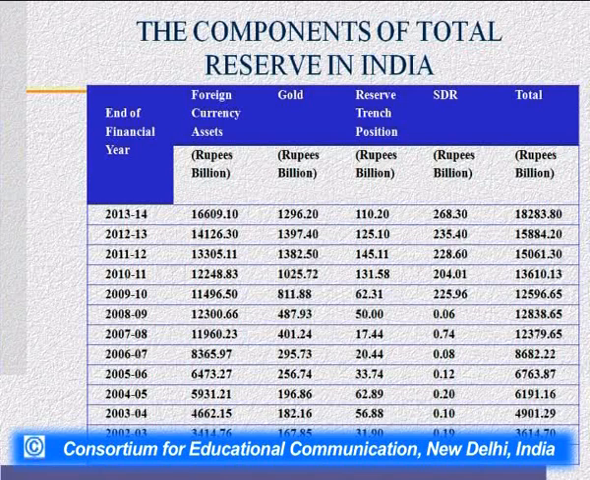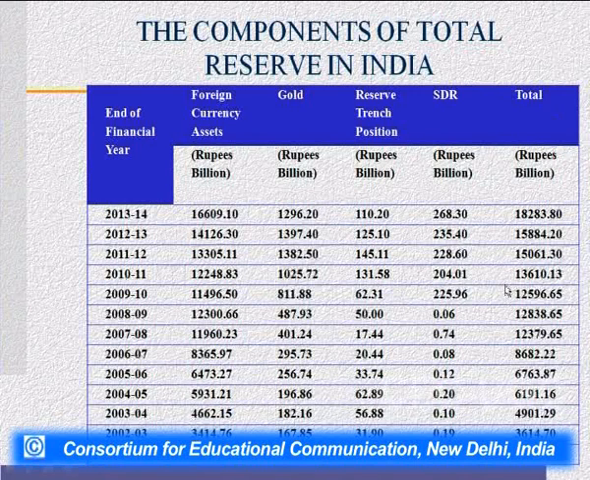This is the period of, if you can recall, the period of recession. The global recession occurred in 2008-9, and it had an impact on our economy also. So that's why the foreign exchange reserve is in a decreasing mode, which is 12838.65 and 12596.65 in 2009-10, and